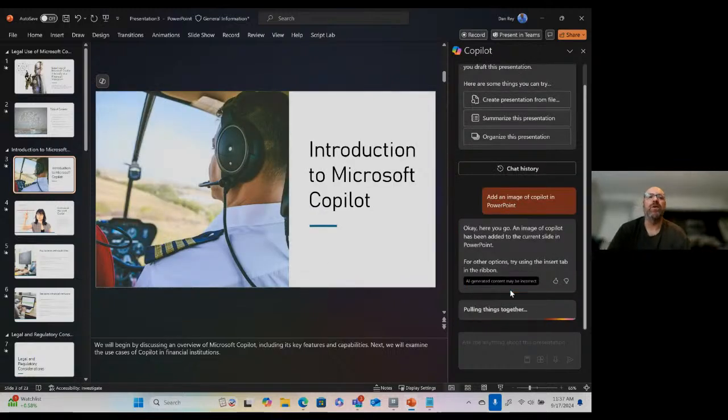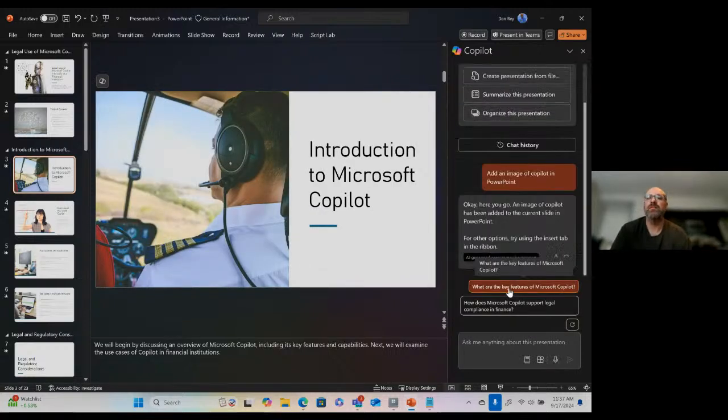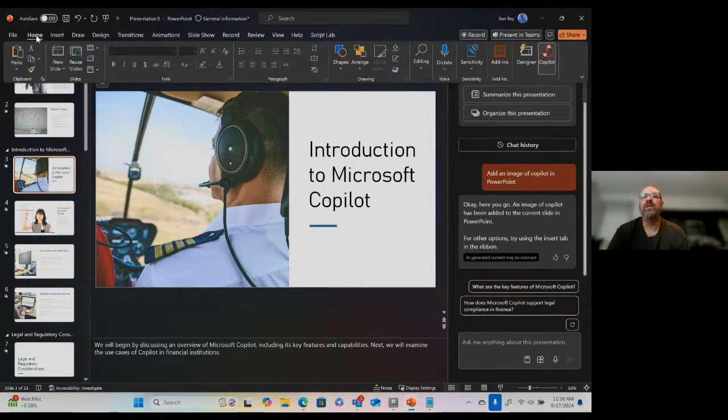There we go. We've got our Copilot sitting in a plane. And I said Copilot in PowerPoint. It focused on the fact that I said Copilot, not necessarily inside of PowerPoint. We've got the Copilot icon up here in the upper right.